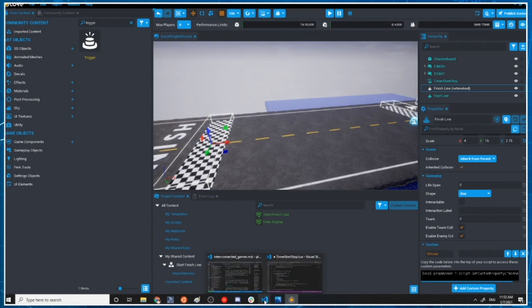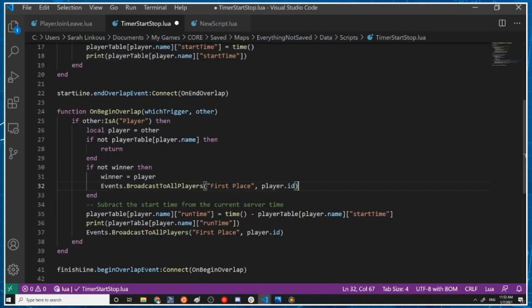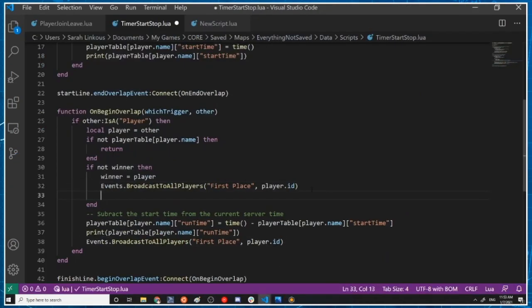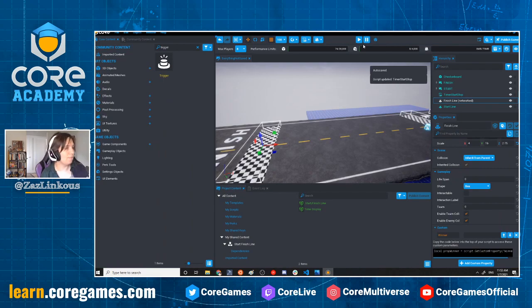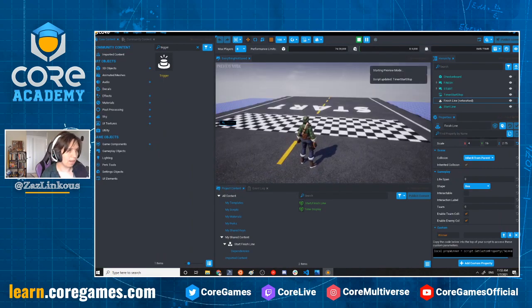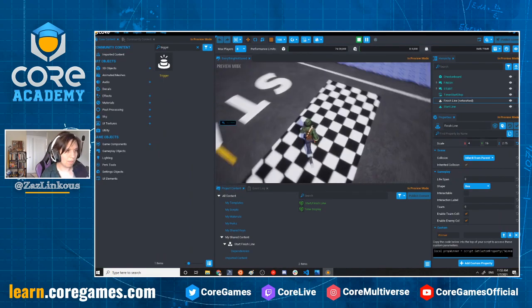And so what I can do now is go to this timer start stop and I can also say, let's see here, which trigger is the trigger that we just connected, it's the finish line, set networked custom property. And then it is winner and player.id, right? Okay, so let's go ahead. I have no idea if this is going to work right now, but let's go ahead and we'll run through here